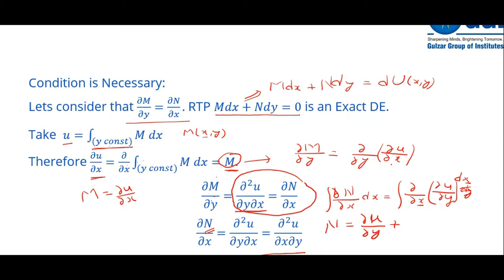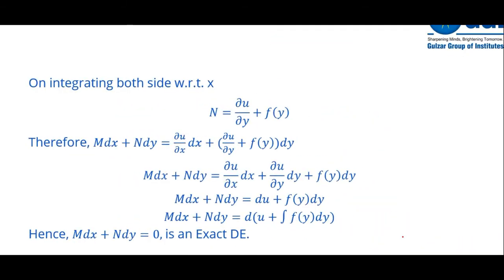Now since we are integrating with respect to x, treating y as a constant, the constant will be some function of y. So from here we find the value of m, and from here we find the value of n. Now we put these values of m and n in this particular equation. So from here ∂u/∂x dx plus ∂u/∂y dy plus f(y) dy. So we combine these two terms. This is ∂u/∂x dx plus ∂u/∂y dy, and we know that